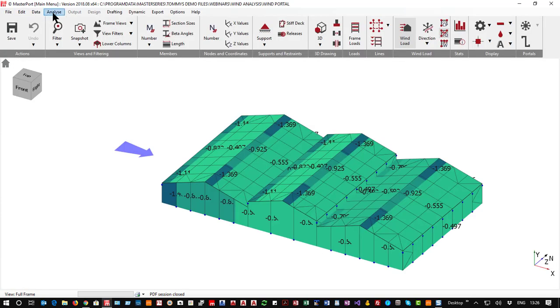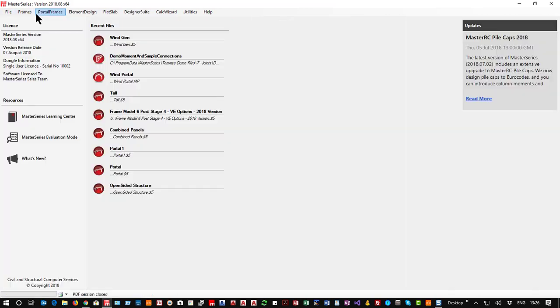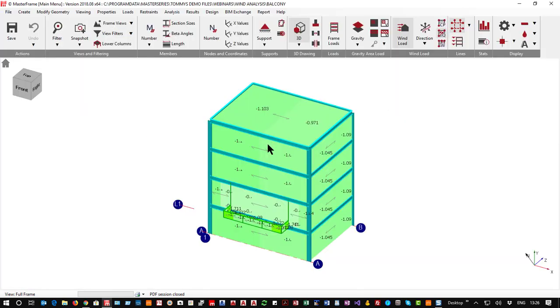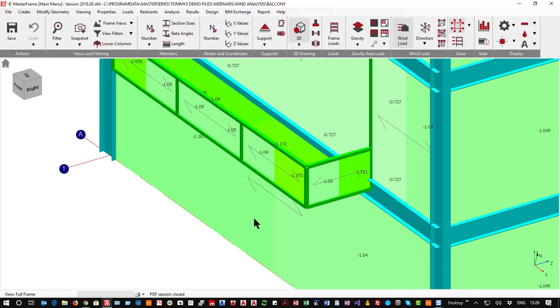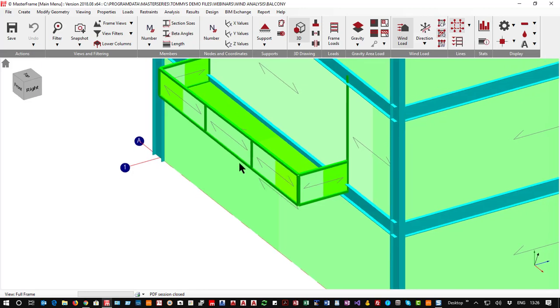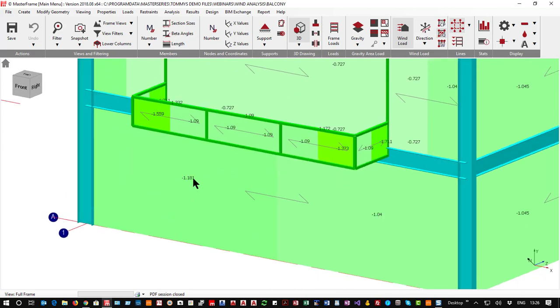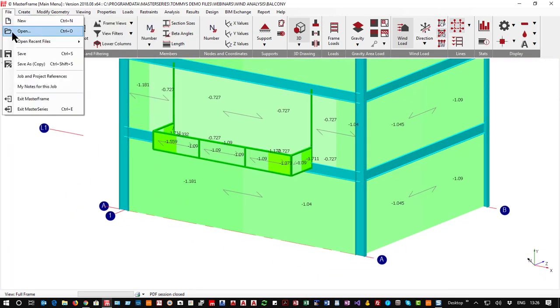We're going to walk through and do some back in the frame. So master frame. If I look at a balcony, there's absolutely no reason why I shouldn't have this as a parapet and this as a canopy, and it will do all the calculations as it requires. If I was to open